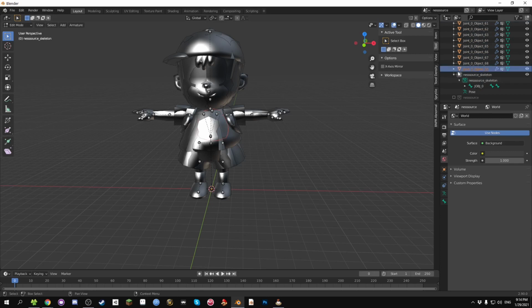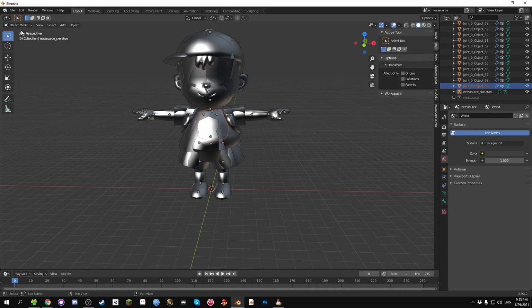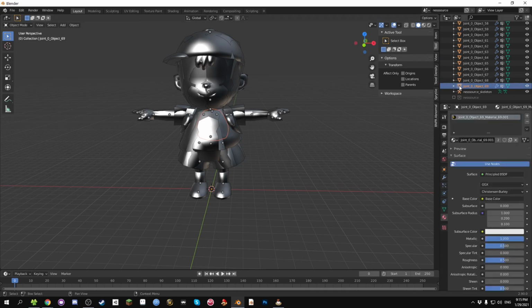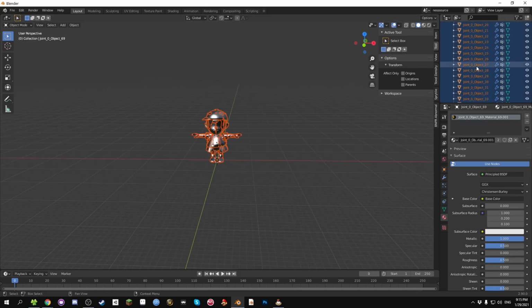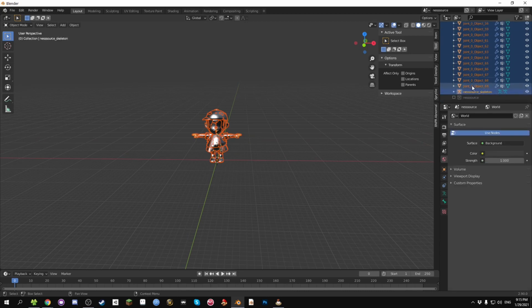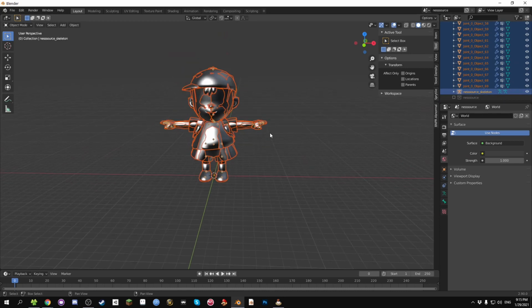Really quickly, I'll explain that this works because this other Ness was rigged to bones that have the same name. So even though we got rid of the skeleton that the DAE came with, the data stays on the vertices that makes it look for certain bones. And both of these armatures are named the same thing, so it works. So we're going to click every part of Ness. Then we're going to scroll down. We're going to click the skeleton as the final thing using Control. And then we're going to do Control P and then set parent